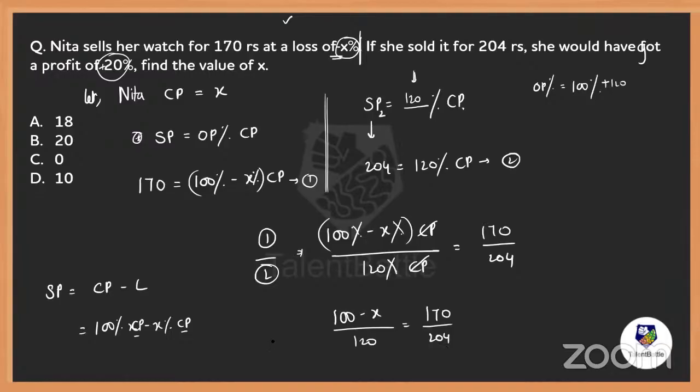Right, everybody? And can I cancel with any value? 4 5s are 20, 4 1s are 4, 4 30s are 120. And then 3 7s are 21, 17 1s are 17, 17 10s are 170, and 10 10s are 100. So 100 minus X is equal to 100. So what is X, everybody? X is 0. X is 0 means the loss is 0%. That means the cost price is actually equal to the selling price. Is that crystal clear, my dears, everybody?